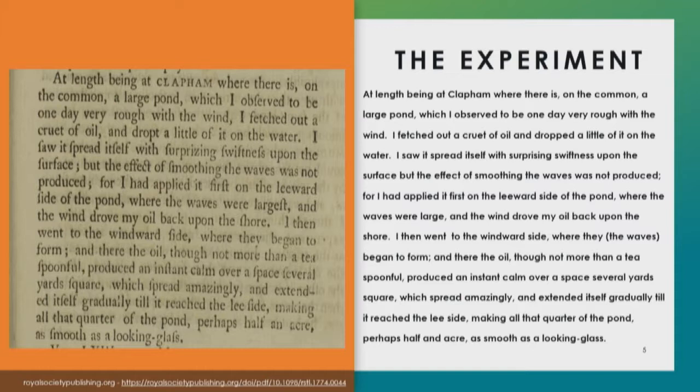I saw it spread itself with surprising swiftness upon the surface, but the effect of smoothing the waves was not produced. For I had applied it first on the leeward side of the pond where the waves were large, and the wind drove my oil back upon to the shore. So his first experiment failed. And that happens, right? In this case, it's because it was windy and he was standing on the wrong side